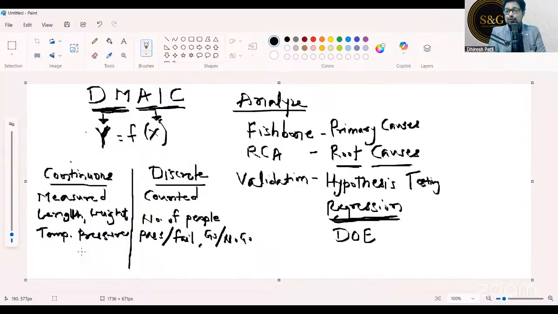Now, if you have understood this, everybody give me one example from either your office or your process, or maybe you can give a generic example. Think about it. What will be the X and Y relationship you would like to test? Type in the chat box. Let's see how you can connect with your own process.